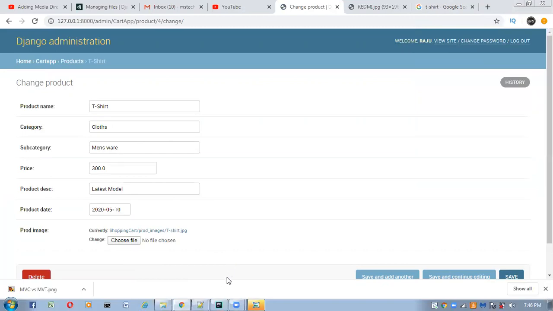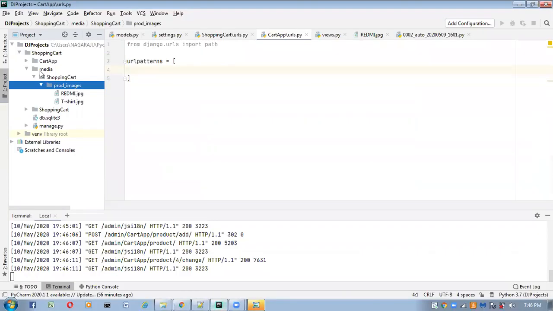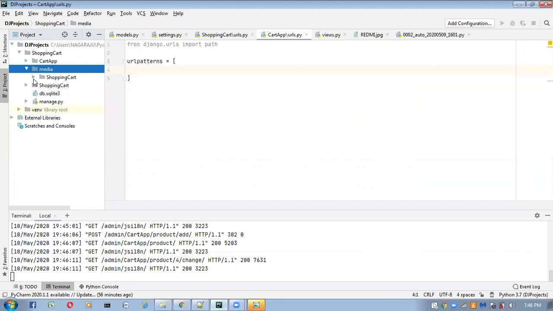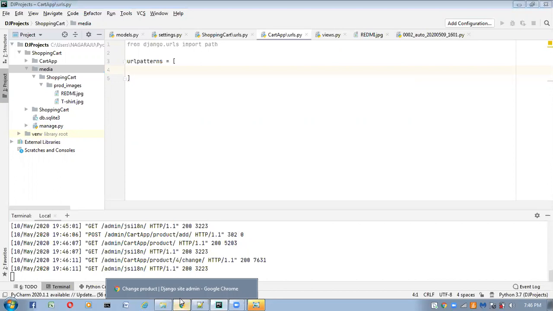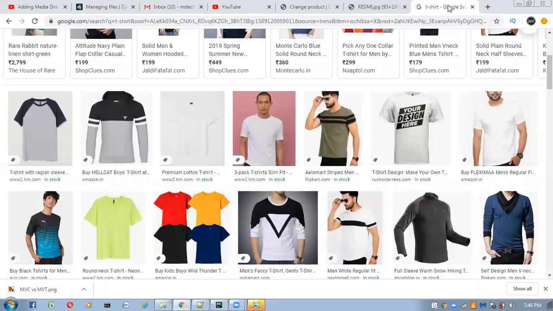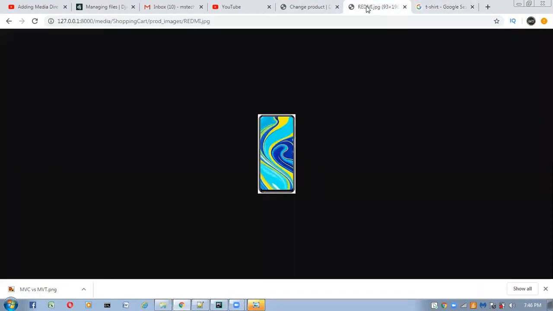Now go to our application. Here, if you observe, inside the media folder shopping cart is there, and inside it product images. Here we uploaded all images. The t-shirt also came here. We uploaded the t-shirt inside the media folder. Now go to the browser.